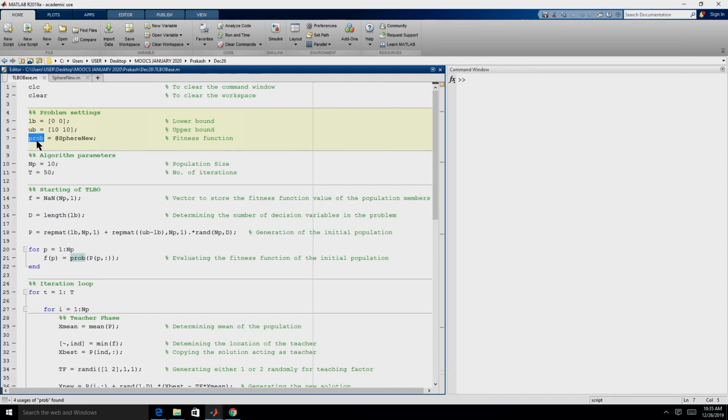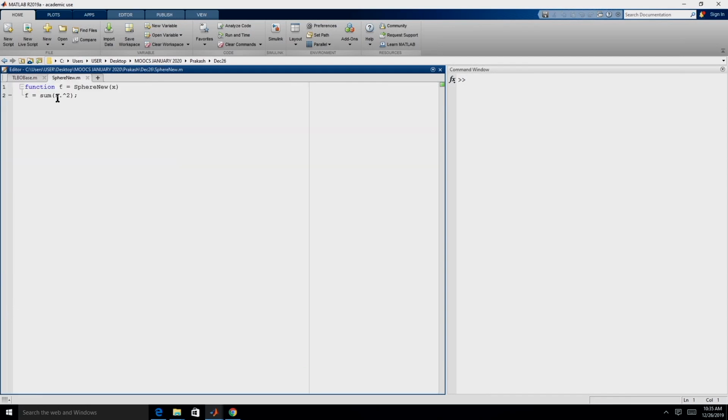So, prob is now a function handle because it is defined with this @ symbol, right. So, peernew is a function, we will look into that function. We include this function handle because we wanted to write a generic function, right. So, we have included it as a function handle. Now, let us just look into peernew, right. So, peernew is the objective function file, right.